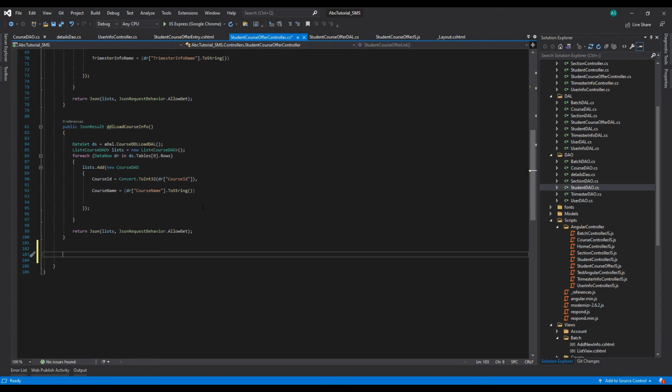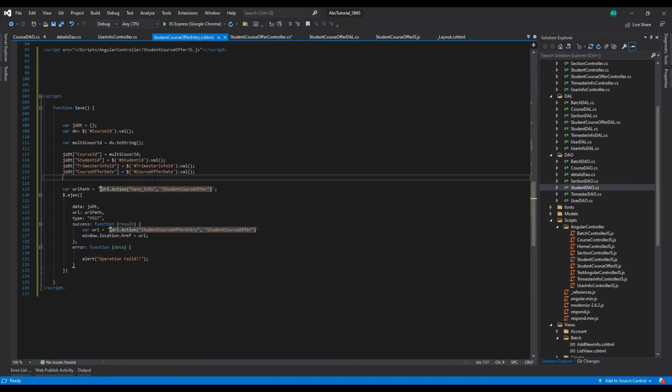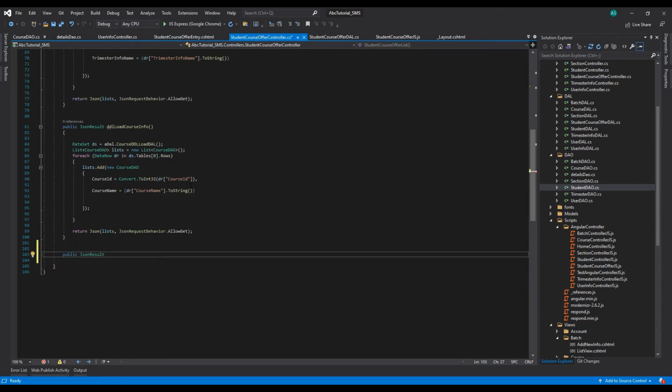So public JSON result, and just copy this action name, then paste it here. Use second bracket, and we need to return